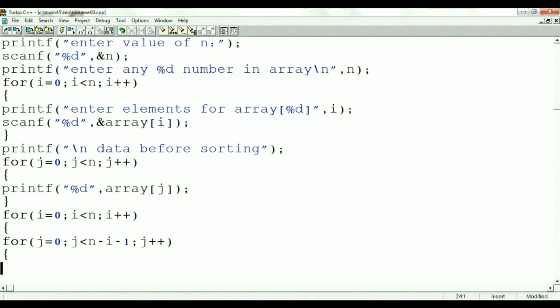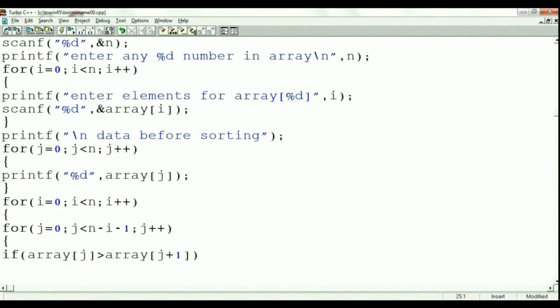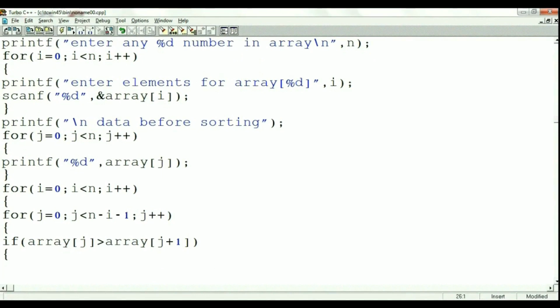Then opening of the for loop. If a of j greater than array of j plus 1. We have j for loop for sorting purpose. Then opening of the if condition within the curly braces.